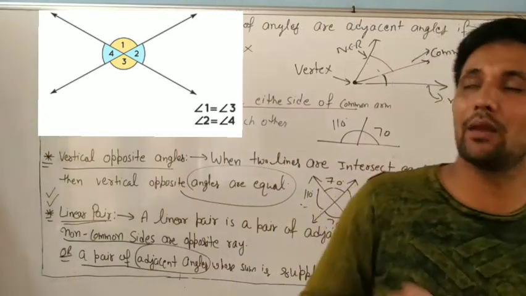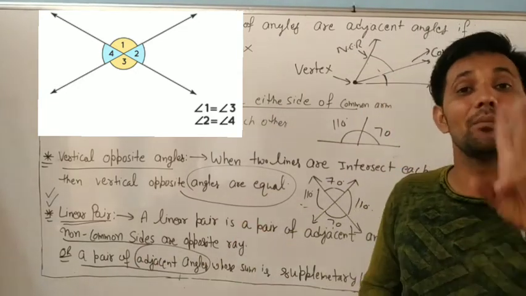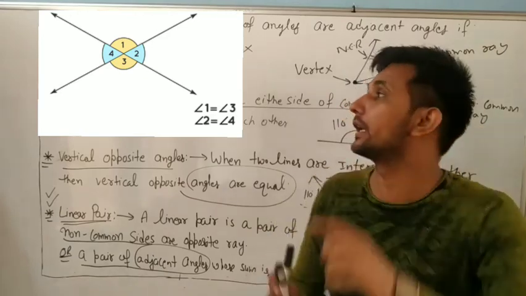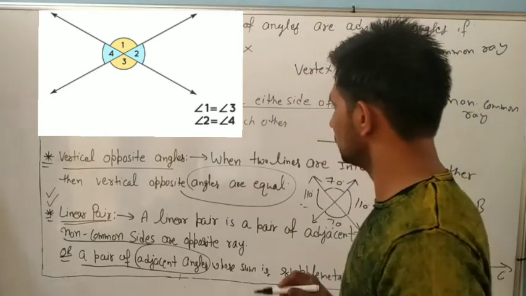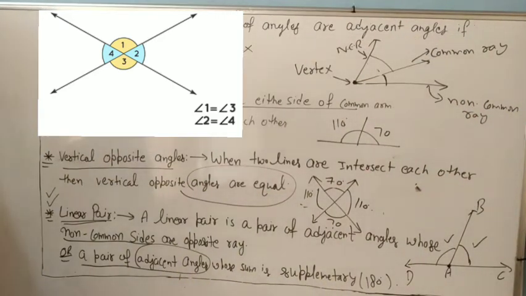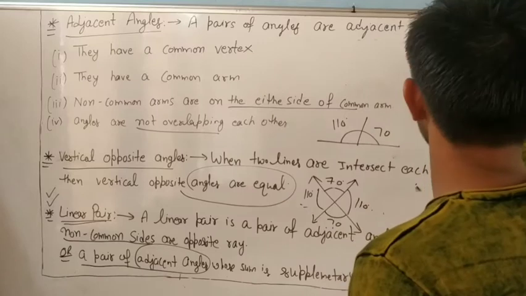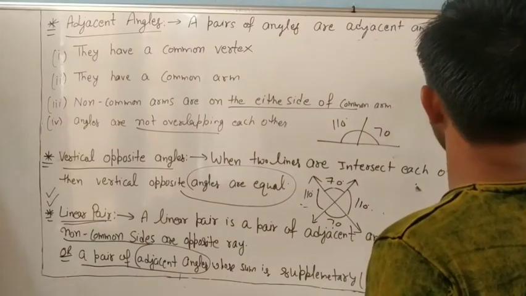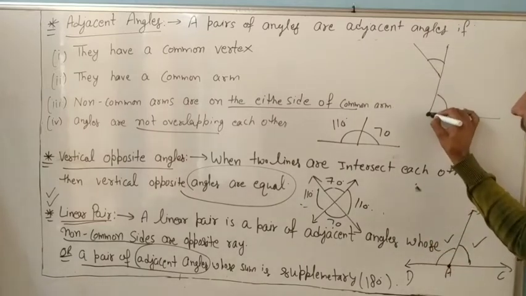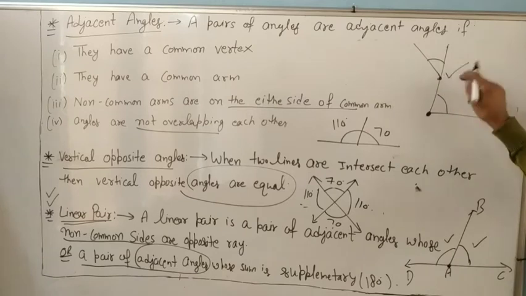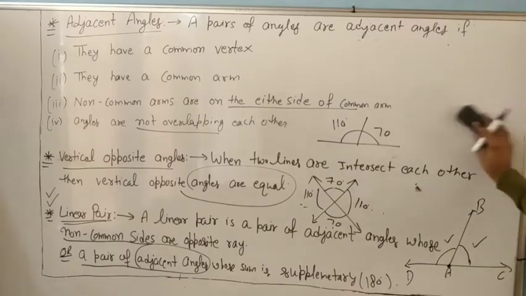So please note them down. They are very important. Always remember what is an adjacent angle, what is a linear pair. Linear pair means the sum of two adjacent angles is 180, and adjacent means a common vertex. Okay, dear. If I ask you whether these are adjacent, with one angle being this one: no, because there is no common vertex. The common vertex of the first angle is this one, and they are not adjacent angles. Okay, dear. So please note it down.